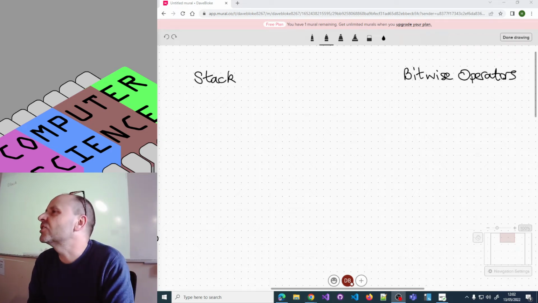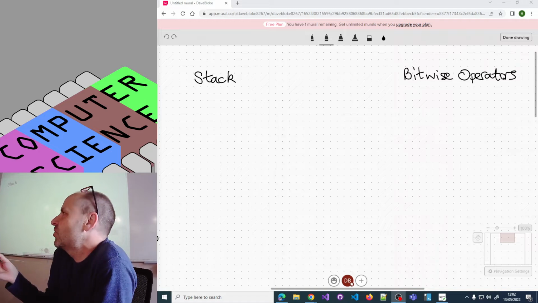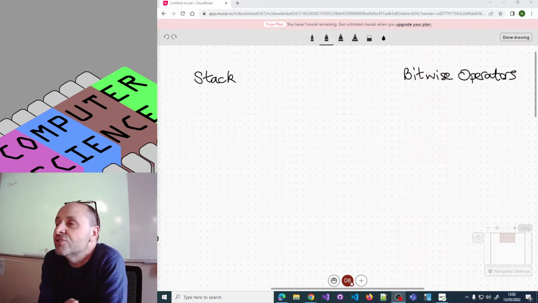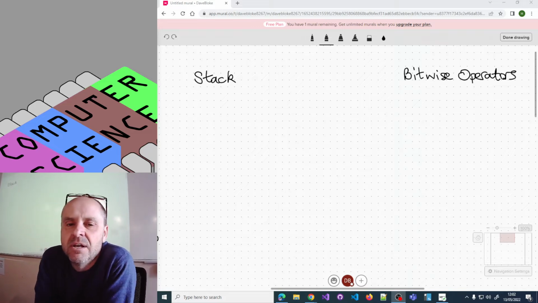Right, okay, so stacks, super simple. Remember, stacks are amazing. It's what makes calling functions work. Interrupt handling in the CPU is only possible because we've got a stack. Okay, so